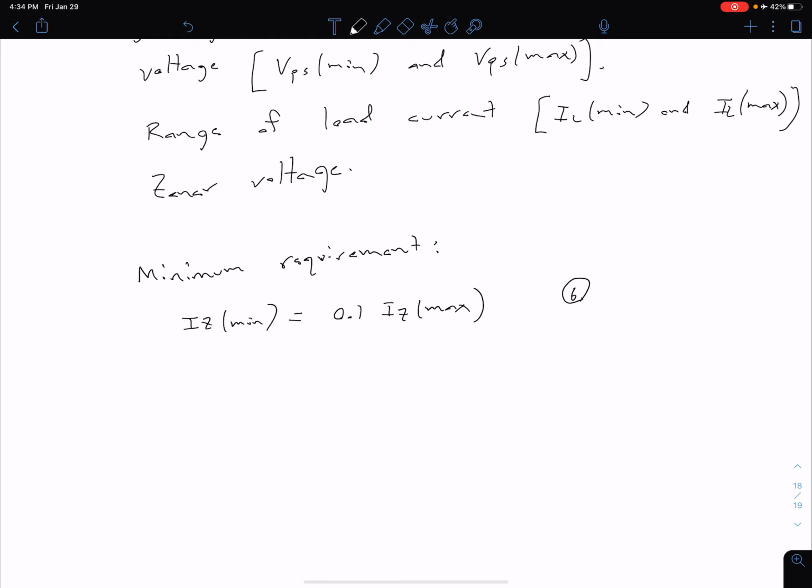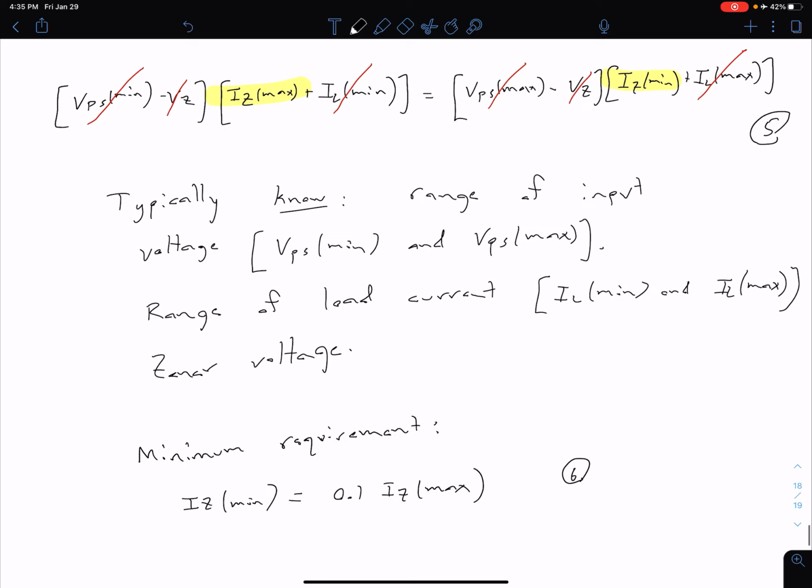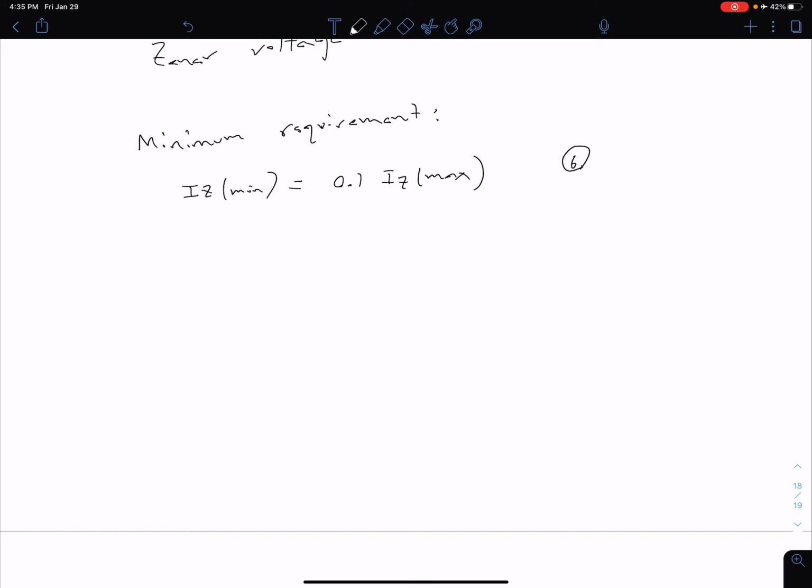Let's call that equation 6. Then we can substitute equation 6 into equation 5, and we have an equation that we can go to whenever we're dealing with this Zener diode circuit. Again, this is for this particular circuit, but we could use similar ideas to easily expand this to different Zener diode circuits. So we have IL max